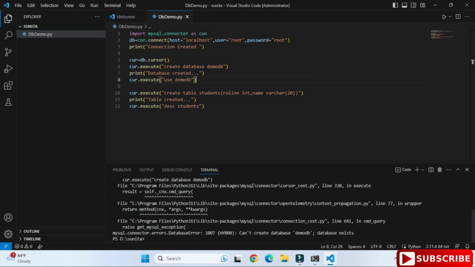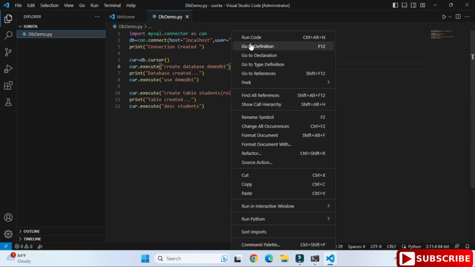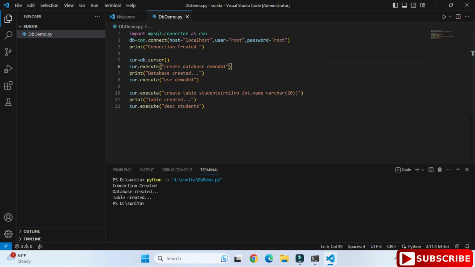So what I'll do, I'll just rename it to demo DB1, and then I will execute the code again. Now if I'm executing the code again, you can see here I'm not getting any message that database already exists. So see now guys, connection created, database created, and table created. So no error we are getting.